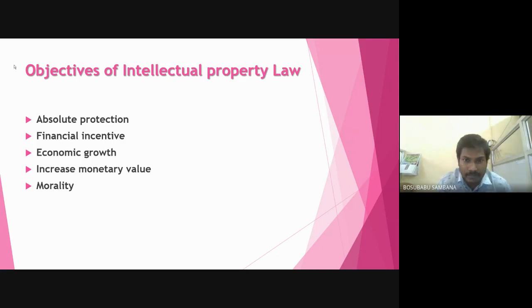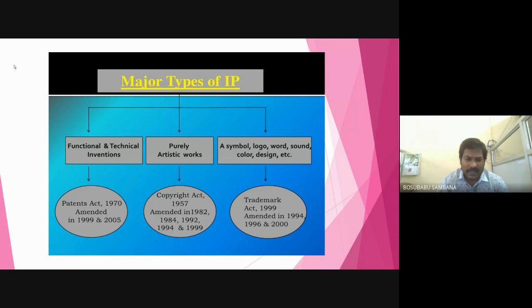Generally, the major types of intellectual property rights. Generally, we know so many cases: patents, trademarks, so many factors, but these are categorized into three factors. First one, functional and non-functional and technical inventions. Second one, purely artistic works. Third one, a symbol, logo, word, sound, color, design, etc. Based on these characteristics,